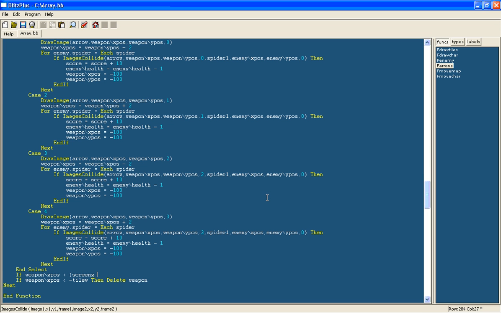So if the X position is bigger than the screen width plus the tile width, so we make sure it's off the screen, then we'll make the X position go to minus 100, which means this statement will be true and it'll delete the weapon. And we'll do the same thing for the Y position here. So if the Y position is smaller than a minus tile length, so it's off the screen, then we'll make its X position go to minus 100,